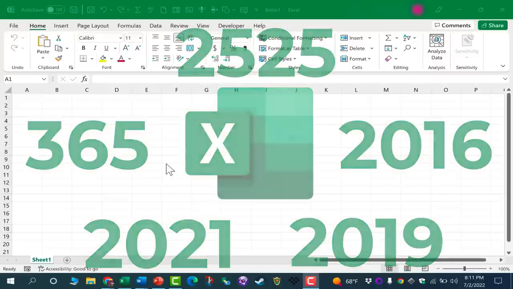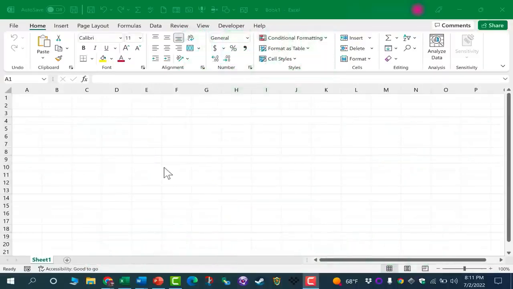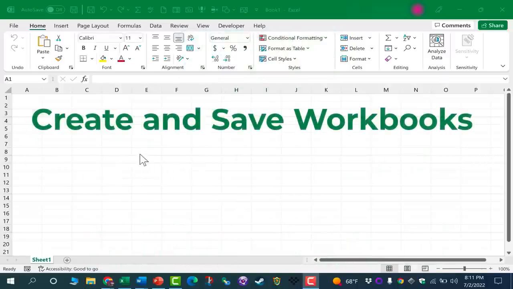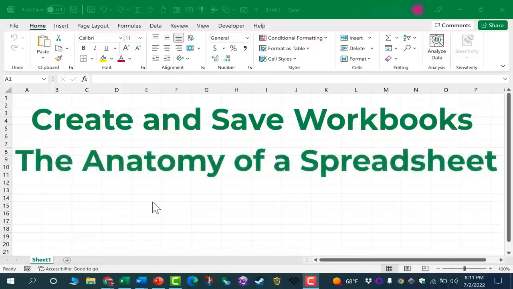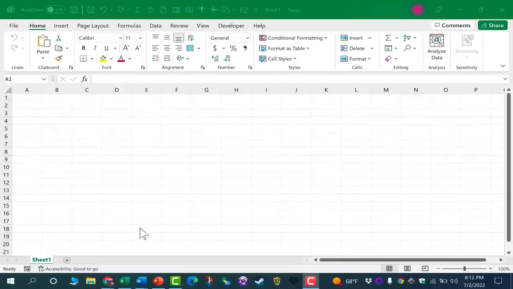to get started using Excel. In this first section, we're going to look at how to create workbooks in Excel and how to save them. And also we'll learn the basics of what I call the anatomy of a spreadsheet and also the layout in Microsoft Excel. Let's get started. So whenever you start up Excel, it should take you first to a screen similar to this